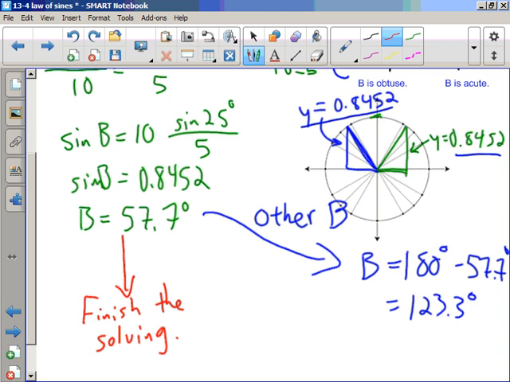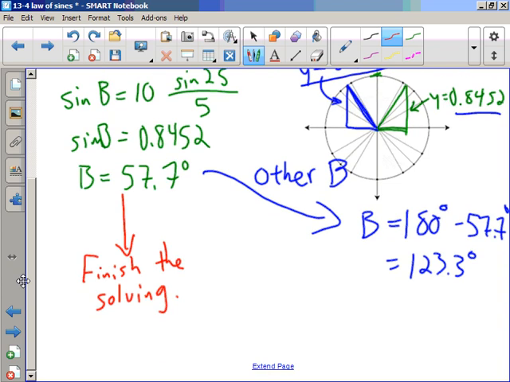I'm not going to write it out. You get a triangle there, and then you finish solving the triangle here. That's ridiculously wrong English. Finish solving,